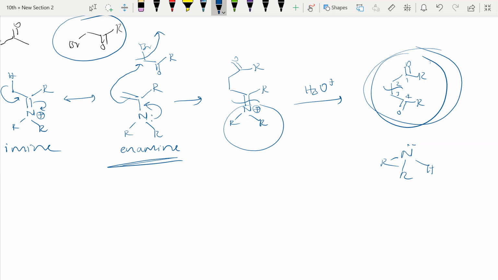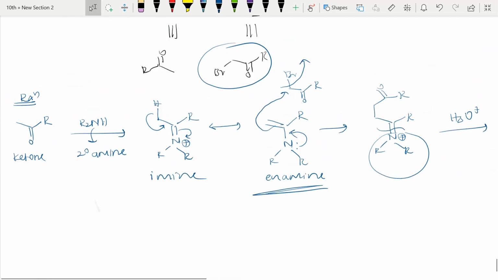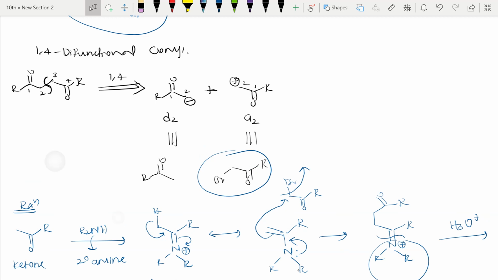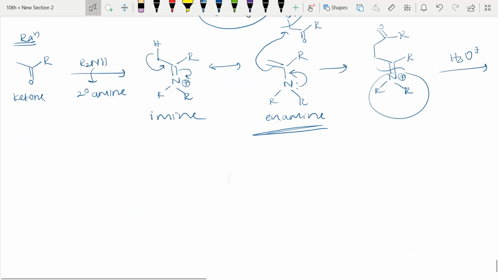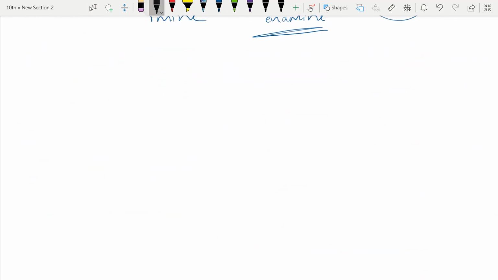In some cases you may ask, sir, why only here? If I split here, then what happens, right? Here also we can do disconnection, right? So if I do disconnection here, let us see. Let me do with that only. RCO CH2 CH2 CO R. Initially I did no disconnection here, but here you can also do it. If I do it here, let me rub that center one, right? If I do it here, what will I get? RCOO minus is there, right? One more reagent I'll get, this one COR plus here. So the equivalent reagent for this will be this one.